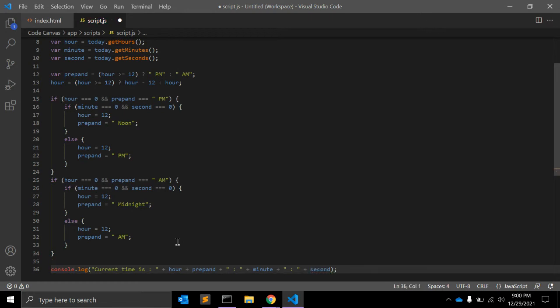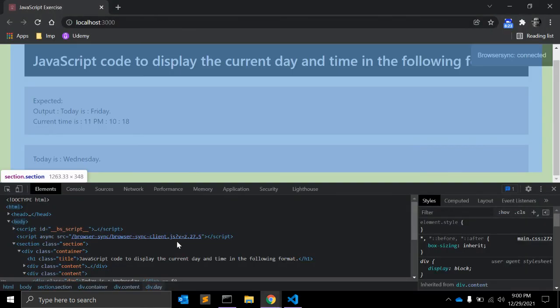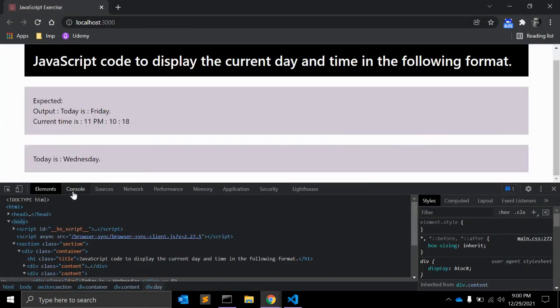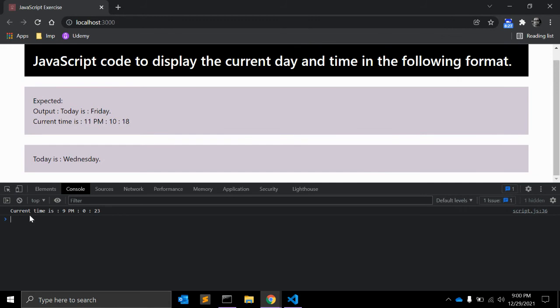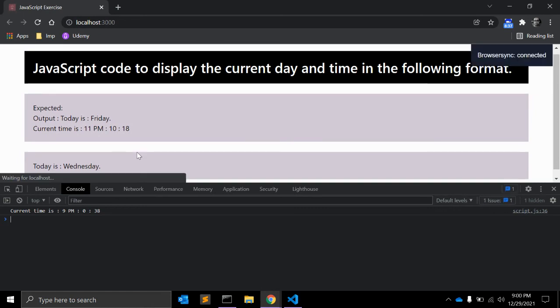Okay, let's see how it looks. Open the console. Yeah, so the current time is 9 p.m. and 0 minutes 23 seconds. That is correct. This is my local time, IST, Indian Standard Time.